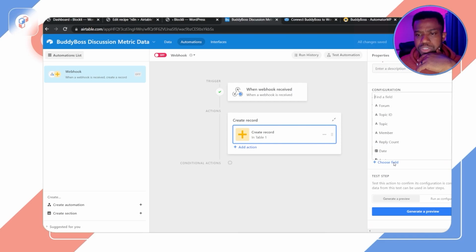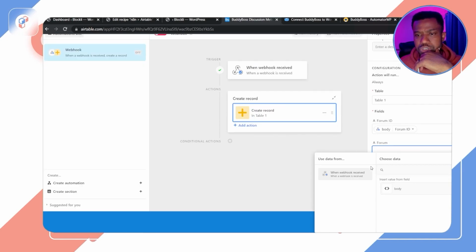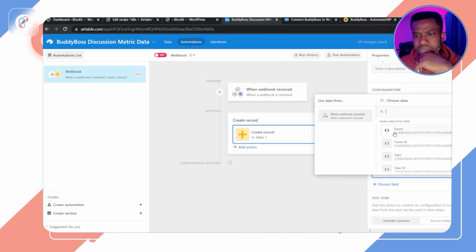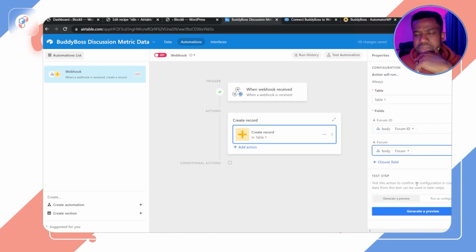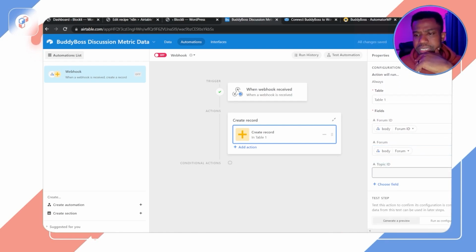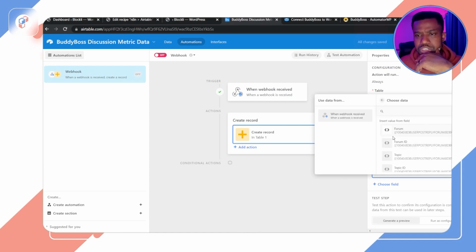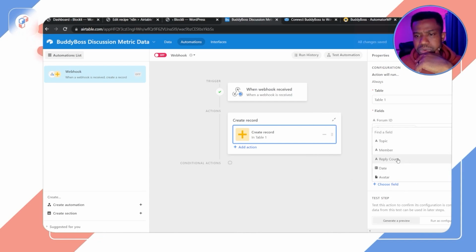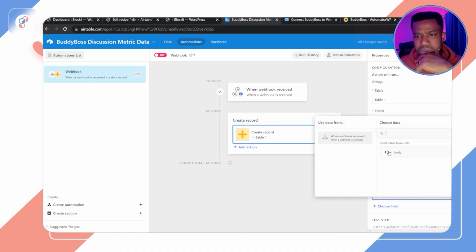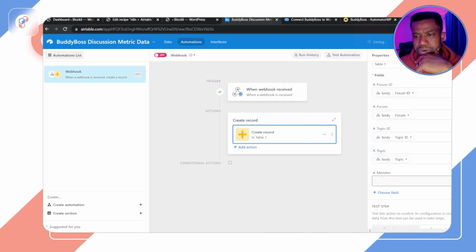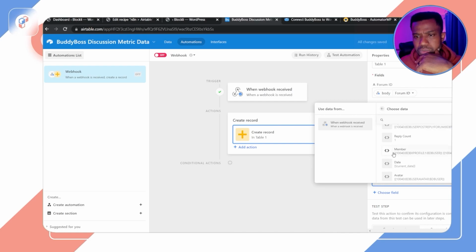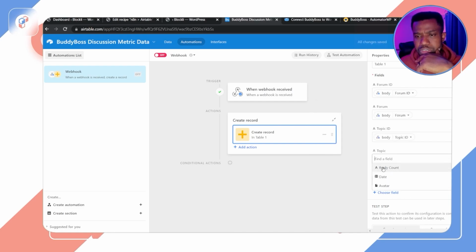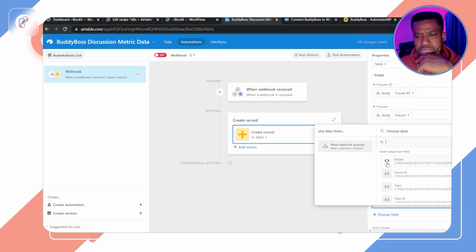All right, and then I'm going to choose another one. In this case, we're going to go to forum. We're going to map that to forum, and then we'll keep going. Topic ID. We're going to also map that to topic ID here. Put another field, topic, and then we're going to go to topic here. Member. We're going to set this to member. We're going to go here, choose reply count. We're going to set this here to reply count,